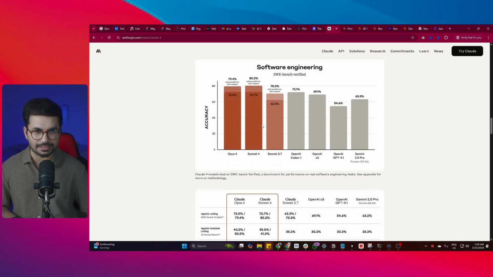Because if you see the benchmarks in here, the software engineering benchmarks, Opus 4 is highest so far in all of these different software engineering benchmarks. This is Opus 4, this is Sonnet 4, this is Sonnet 3.7, this is OpenAI's Codex 1. So the difference is not that much, but of course, if we compare, this is too much. So far, both of these models, Opus 4 and Sonnet 4, are the world's smartest AI models out there,